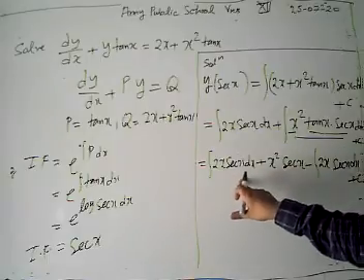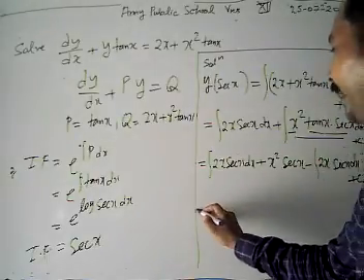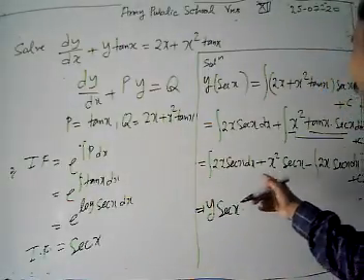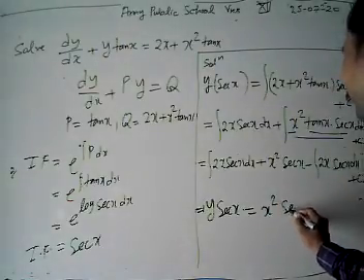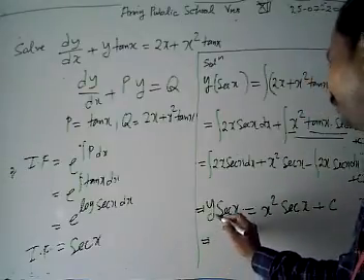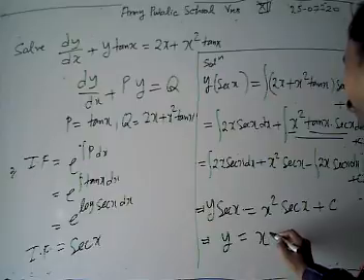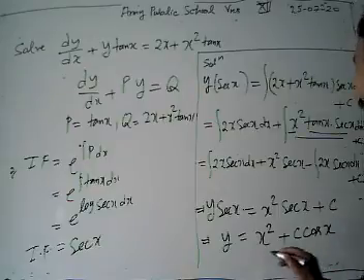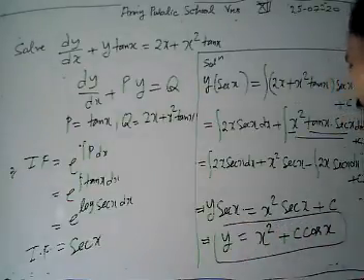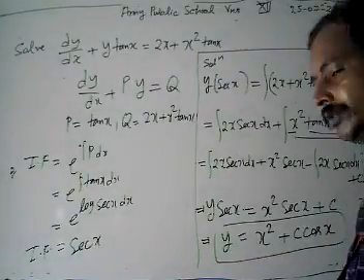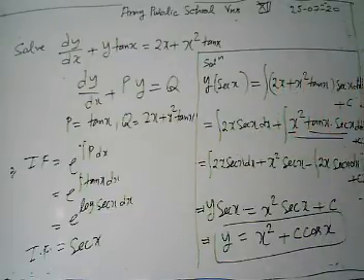Now this is minus, this is positive, both terms cancel each other. And what we have now is y sec x equals only x square sec x plus c. This is our solution. We can also write it by dividing by sec x: y is equal to x square plus c cos x, because 1 upon sec x is cos x. Then our solution is y is equal to x square plus c cos x. This is our required solution.